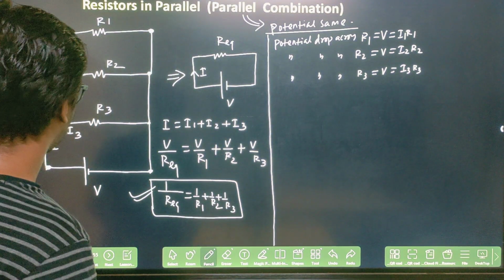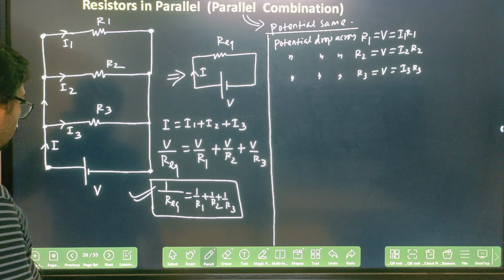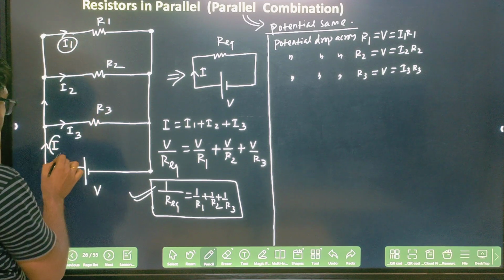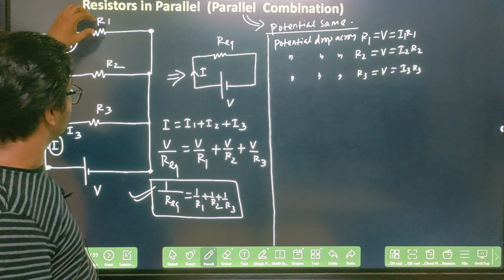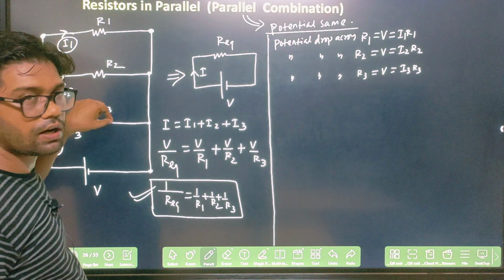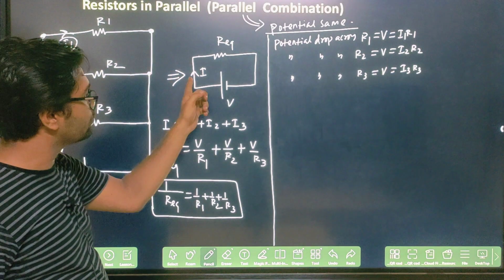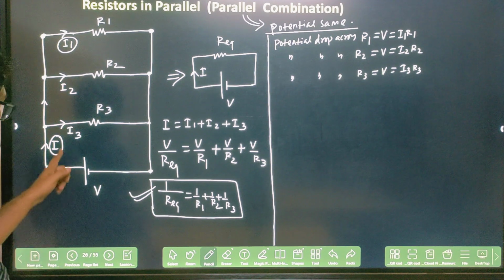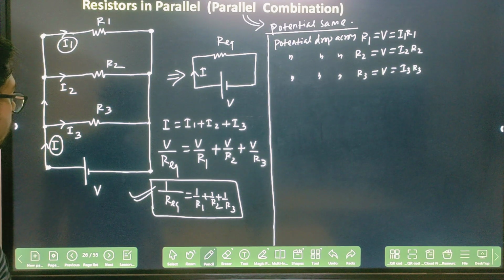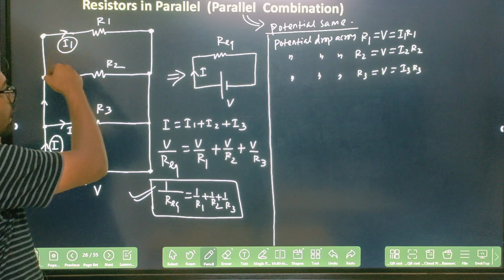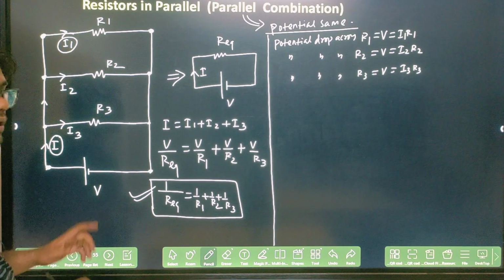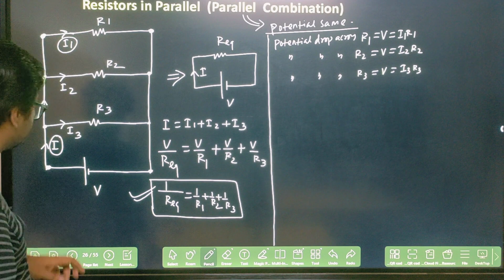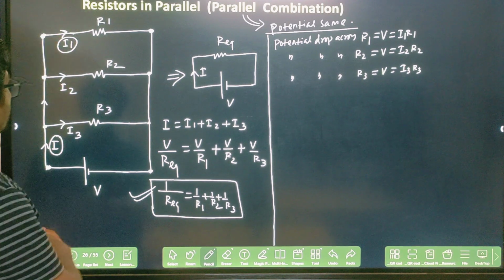Now I want to find out how much current is flowing here in terms of this current. If instead of putting 3 resistors R1, R2, R3, you put an equivalent resistor, then also I current will flow. Here also 3 connections you made, and here the I current will flow. Net current is I, it will flow. So I want to find out the current I1, current I2, current I3 in terms of current I. Clear? So how will I find out? I want to find out, let's say,